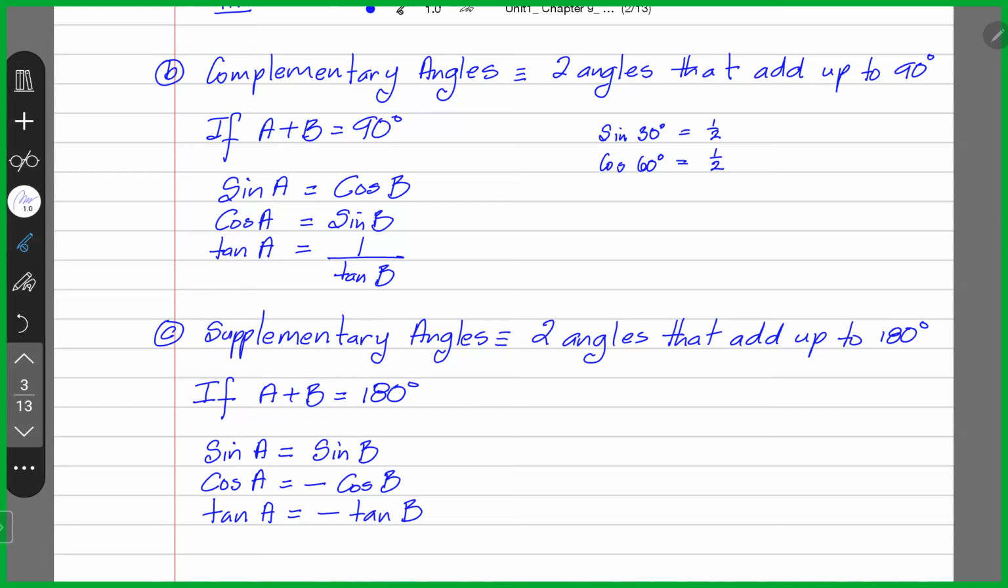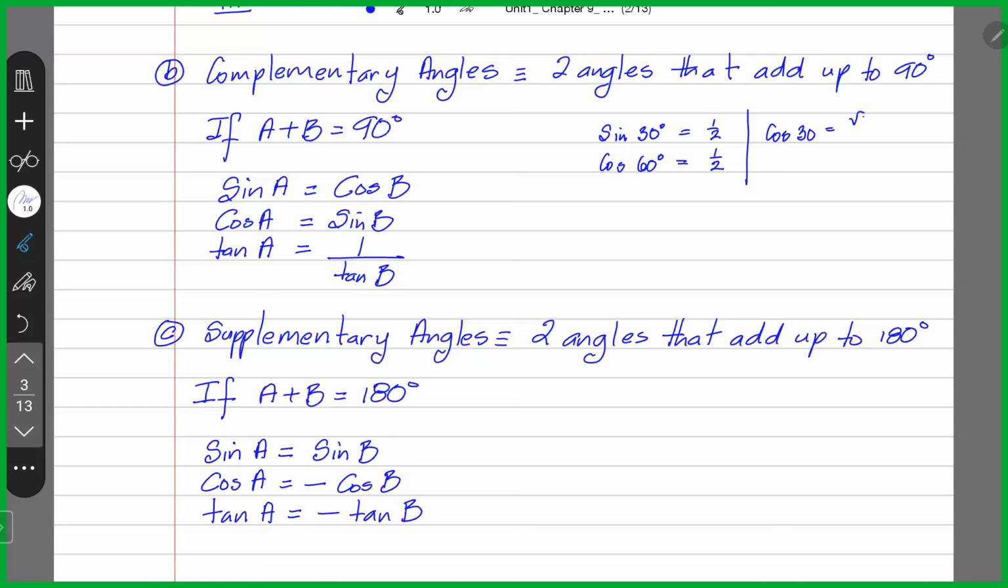So 30 degrees and 60 degrees are complementary angles because they add up to 90 degrees. And the cosine of 30 degrees,